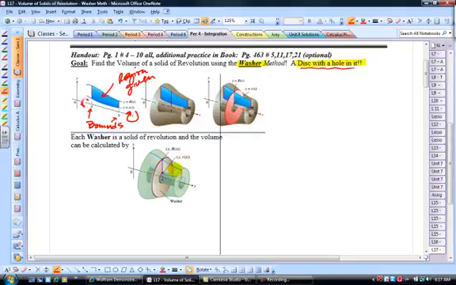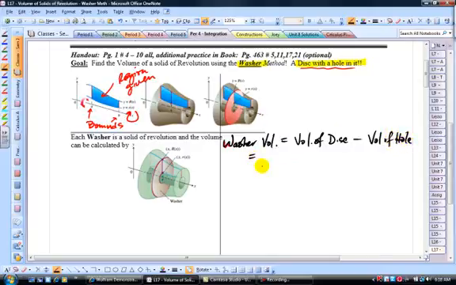So when we take a look at the washer volume, we want to take the volume of the entire disk and subtract the volume of the hole. That's the basic geometrical idea. So we use the outside radius here, which I'm going to call capital R. This is the big radius, the overall radius from the axis of revolution all the way out to the function